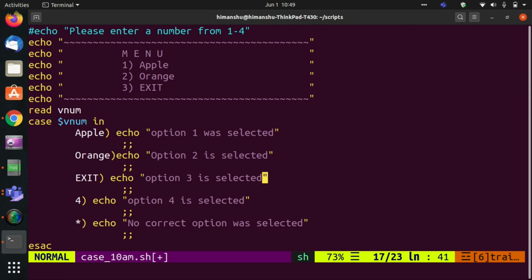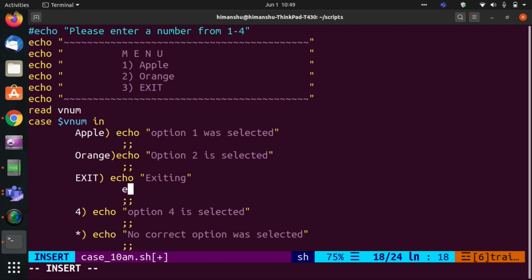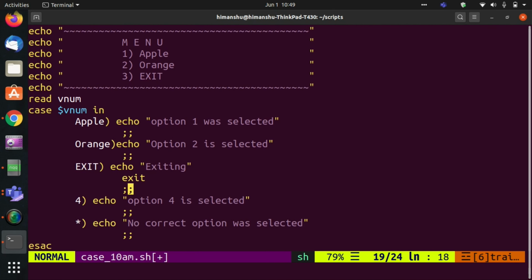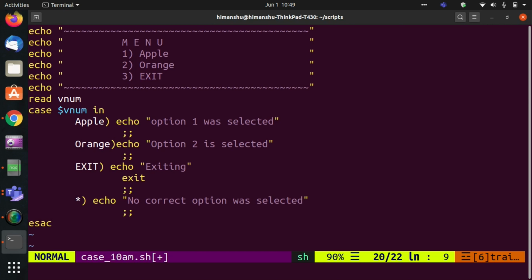Option 1 also to exiting, and then I will say exit, and I will say remove this. Clear? Now what will it give?